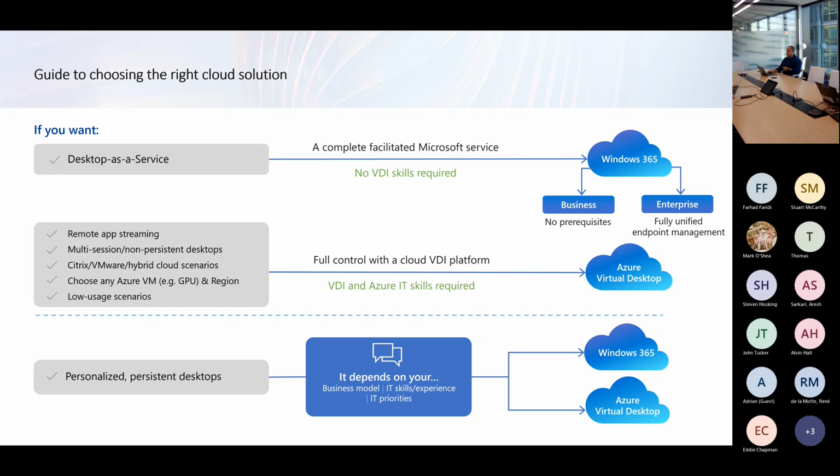You have requirements of doing app streaming. You have vendor requirements, or you want to leverage your existing investments on partner solutions like Citrix and VMware, or you want to do hybrid scenarios where 70% of your workloads are running on premise and 30% of the workloads you want to use on the cloud as a burst. So for all those particular reasons, you have to go down the path of Azure Virtual Desktop, because the other solution, Windows 365, just cannot do those particular requirements at this point in time.